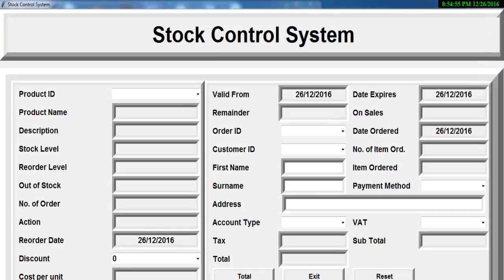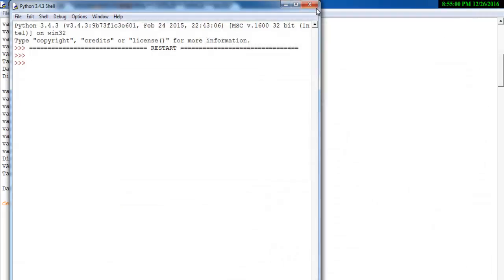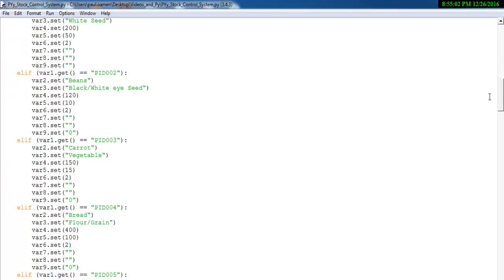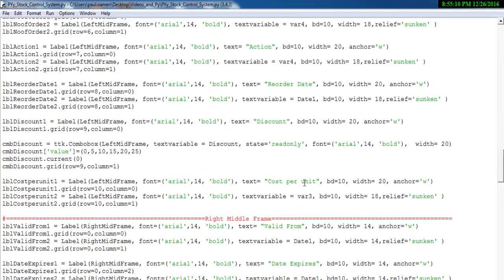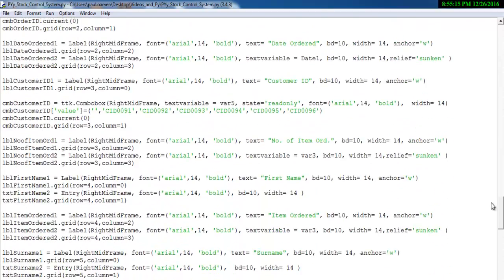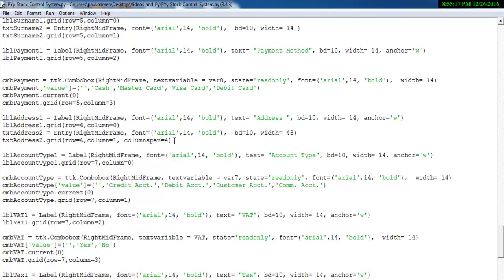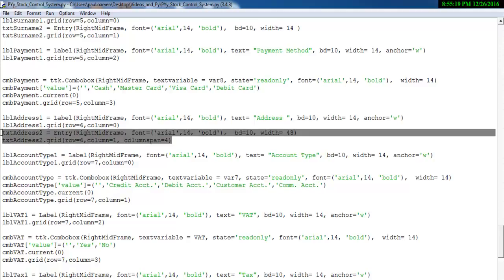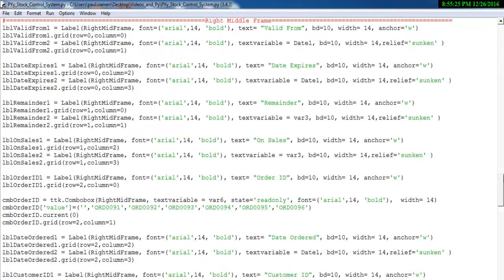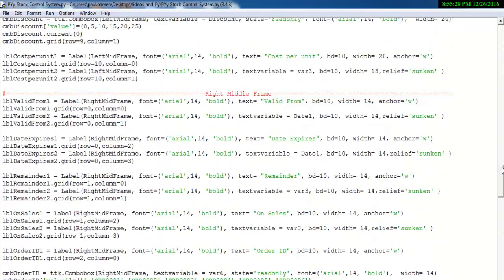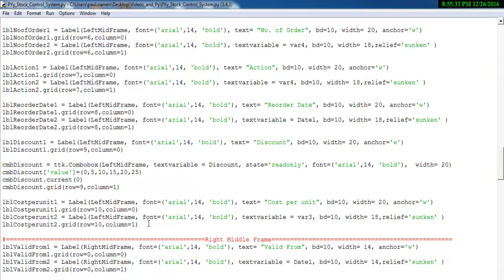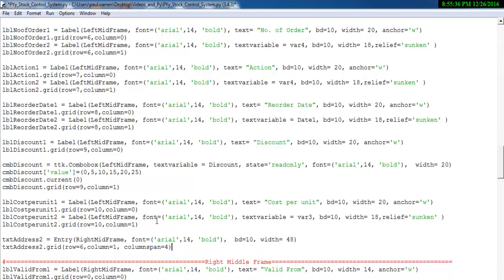Okay, cost per unit. I will need label cost per unit. Left. There we go. Label cost per unit. So we need a text field there. Let me copy one of these text fields. This very one. Copy that and bring it right underneath cost per unit. That'll be the left one. Paste that in there. Let's change the name to cost per unit,